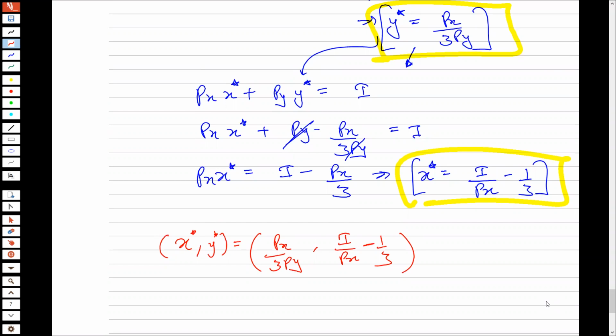So the income spent on Y is the same. That is, we are spending the same amount on Y. Expenditure on Y is the same, but that is not a problem. Actually, the amount spent on Y is Px by 3. That is not really a problem. The expenditure on Y is not constrained by the income of the consumer. But that is not really the problem.